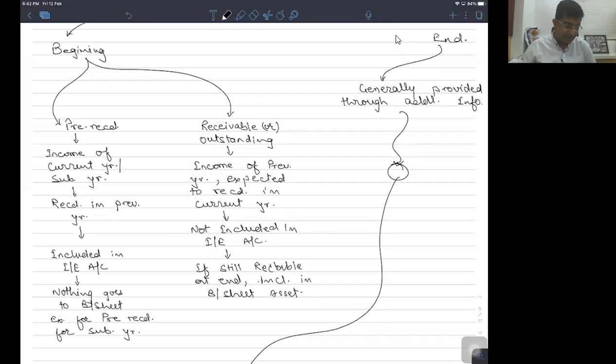X means accept. Accept. No, we don't avoid receipt and payment account. वहीं से तो सारी इंफॉर्मेशन मिलती है।